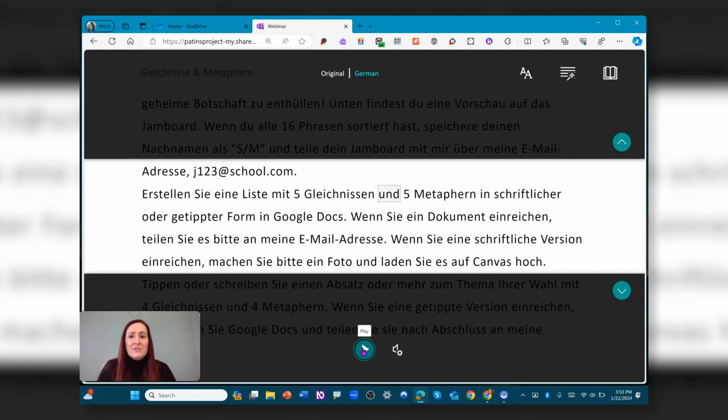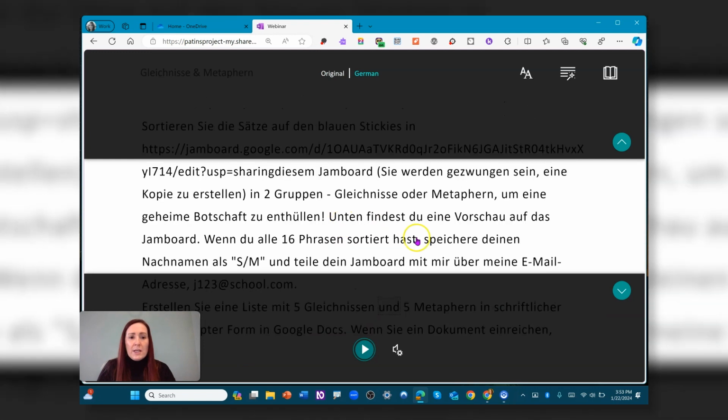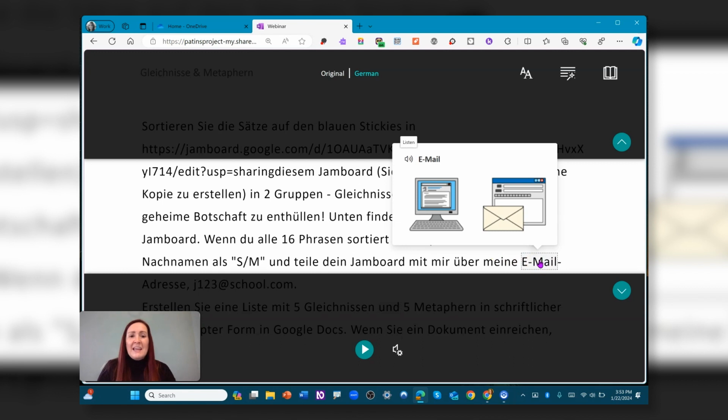And I also showed you that the picture dictionary was turned on. So for instance, if I click on a word here in English that I know, email, then there are some icons that show up, and this is powered by Boardmaker's icon. So there's some visual supports here for the word email and for other words throughout the text.